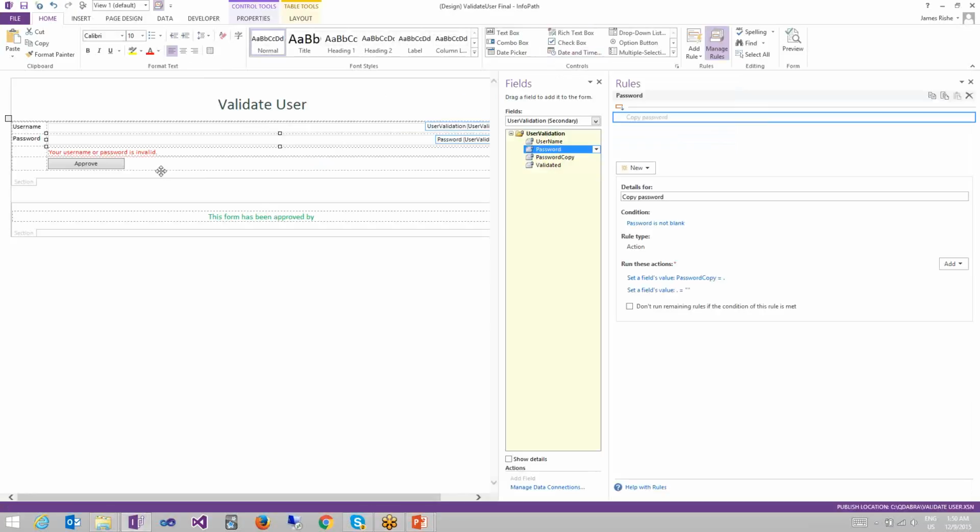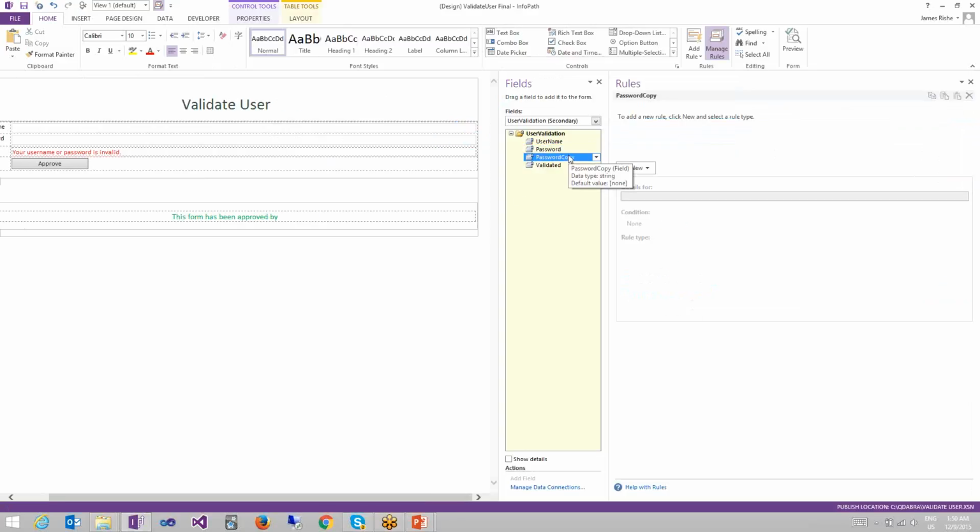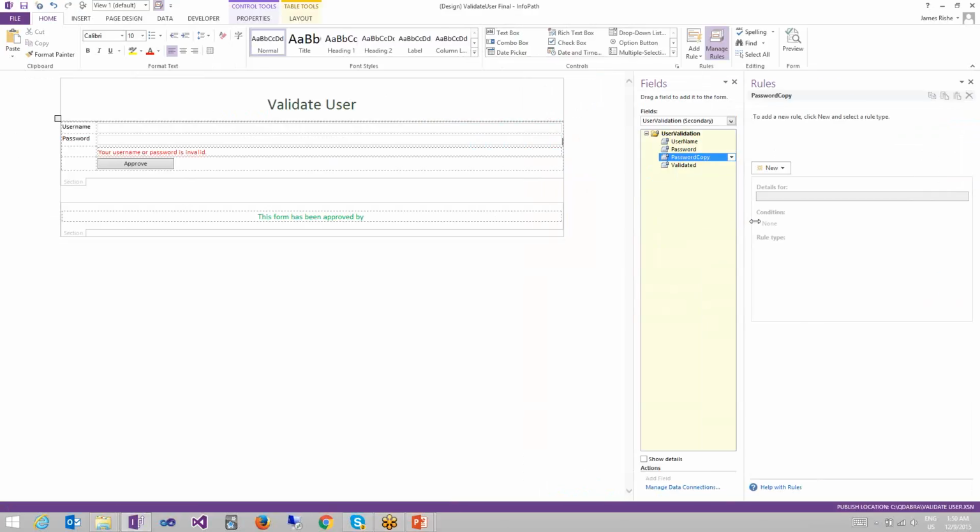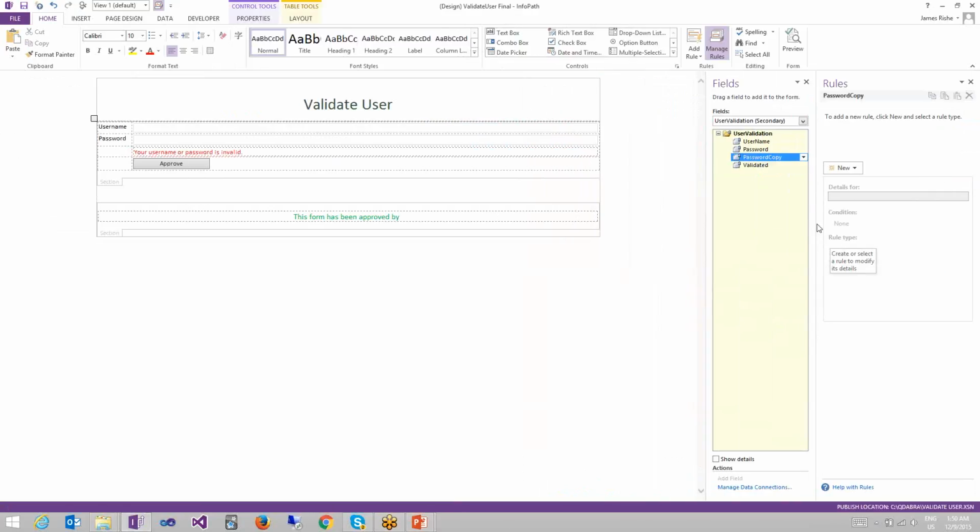So what I'm doing here is when the user tabs out of the password field, I copy its value into a field that's not visible on the form, and then reset its value to blank. And then I use this password copy field in the actual validation. So that's just an extra step to help prevent people from finding out your password.